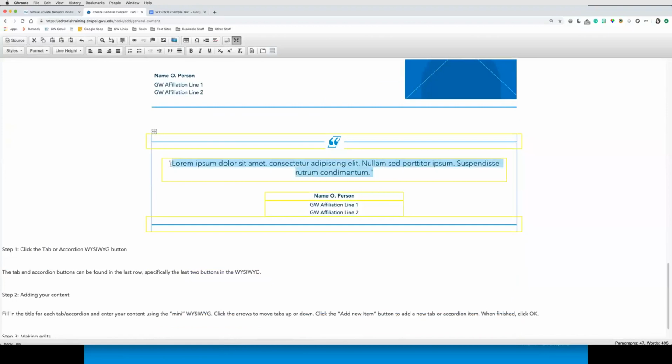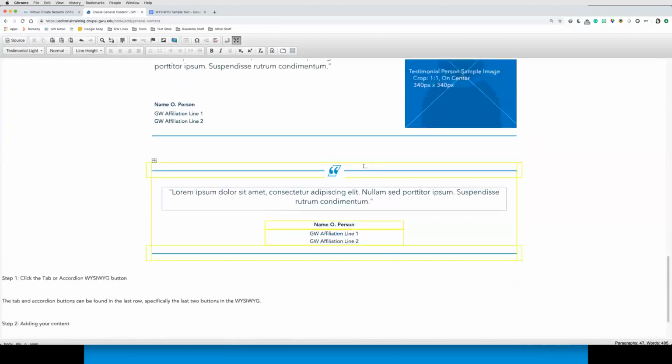And the default is for it to use the testimonial light. But if you know you're feeling a little brave, you can go in there and highlight that text and actually change it to be the testimonial heavy up from your style menu if you would like to. The other thing that you can do, and I haven't done this in a while, if you're comfortable looking at